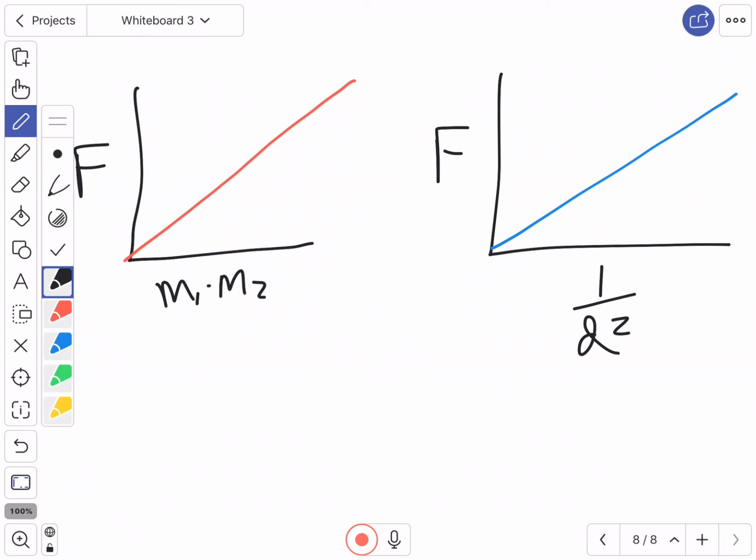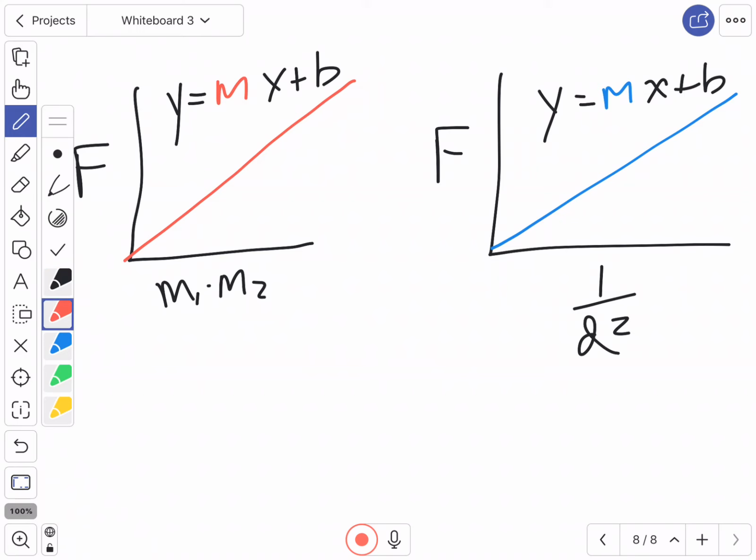And so what we see here is y equals mx plus b, and y equals mx plus b. All right, so we have two different slopes. Now, if you have your data from the Google Sheet, it's definitely something we're going to look at and use today, and understand what these slopes represent.